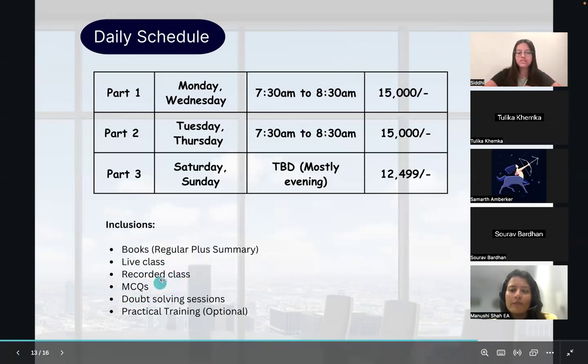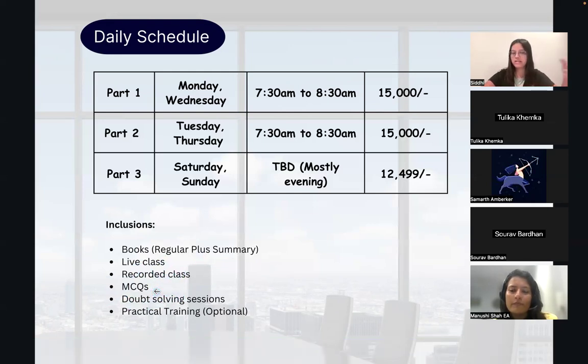Along with the recorded class, MCQs are uploaded topic wise. Let's say on day one we completed filing status. Just after that, all the MCQs of filing status are uploaded. So you can get a whole idea of that subject, whole topic, along with solving the MCQs, and then you can move to the next one. That's why we also have a gap. Let's say Monday we completed one topic, Tuesday dedicate 1 hour for MCQ solving. Wednesday we will have another topic, Thursday solve the MCQs. It's like that.